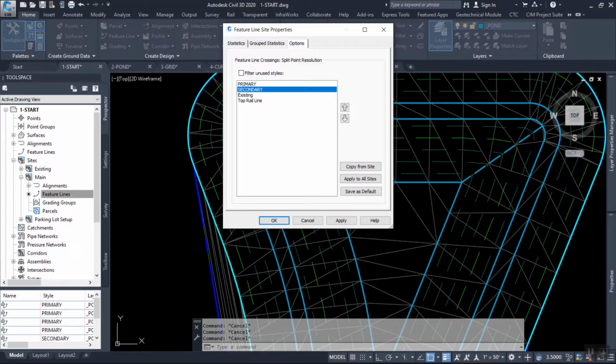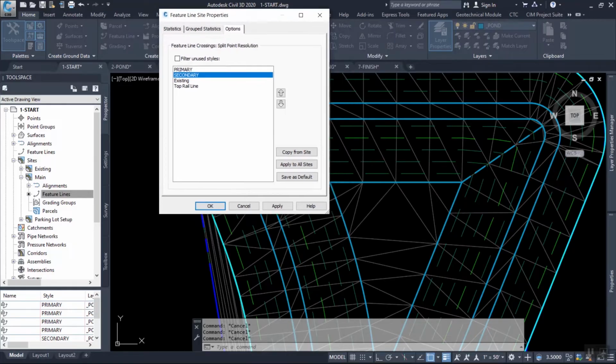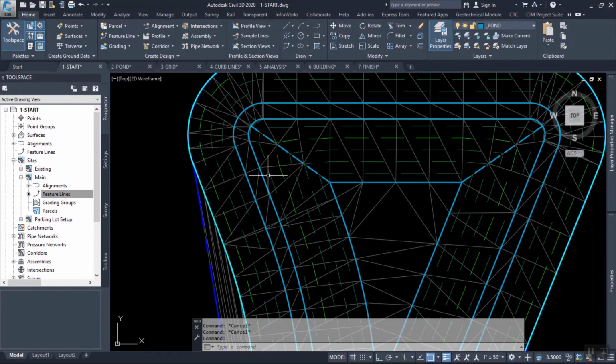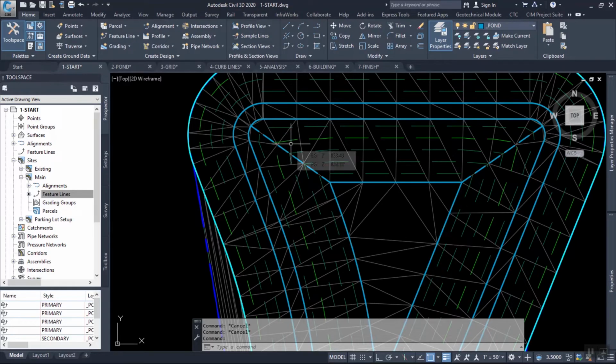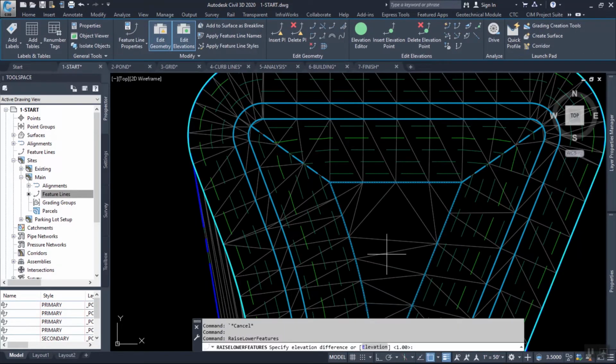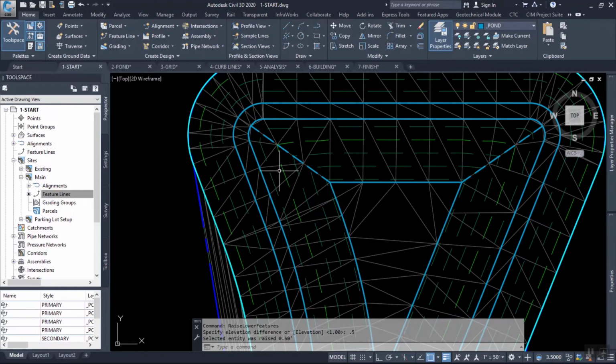In fact, I knew it was there for a couple years and I never really thought about how to use it. This is a good way to use it. And the way it's advantageous is that I can put in break lines and I never have to manage their elevations because they're just connected to other break lines. And if those break lines move, those will just move along with it. So if I pick this feature line right here and I raise it up 0.5, okay, those just move right